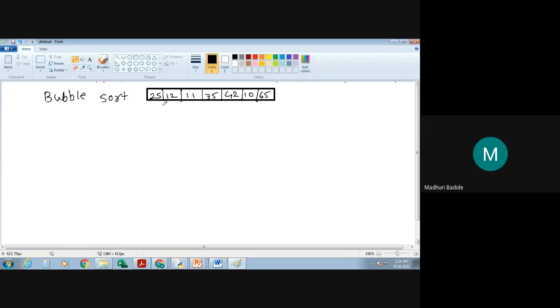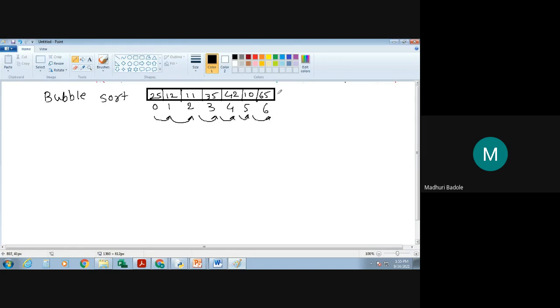These are my 0th index, 1st, 2nd, 3rd, 4th and 5th. So the bubble sort logic is very simple. In bubble sort, you compare consecutive 2 elements, over here, again over here, again over here, again and again.